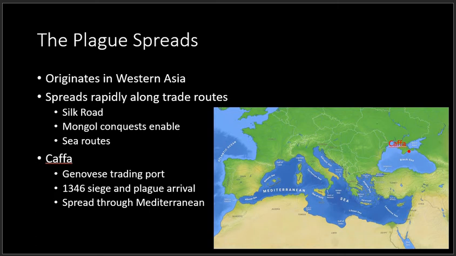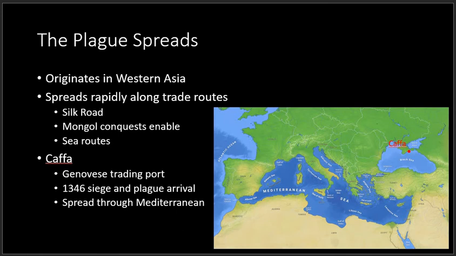The Mongol Empire, spreading from what is today still referred to as Mongolia, expanded rapidly over the 13th century, and while cracks in their empire are already showing at this time, at its height it created a continuous route of Mongol-owned land from the borders of Poland to the Pacific Ocean, including all of China. They support the Silk Road and its branching routes, making the spread of humans, goods, pests, and the disease all easier. Sea trade, which we've already discussed in our Travel and Trade Day, also makes this possible.